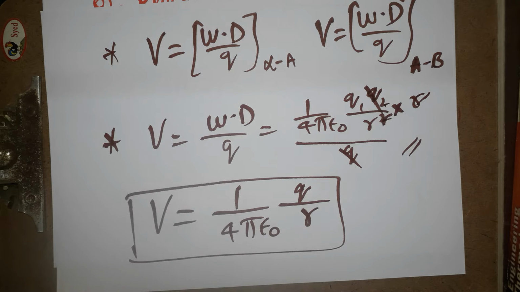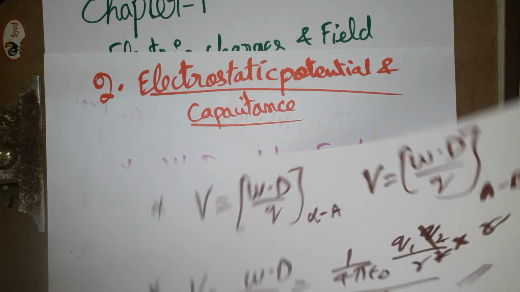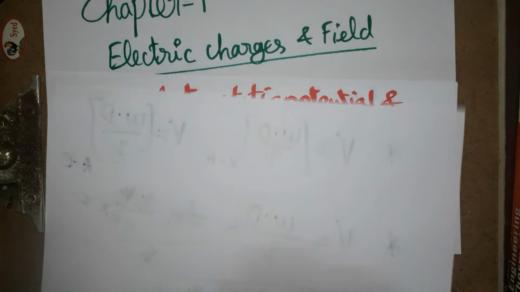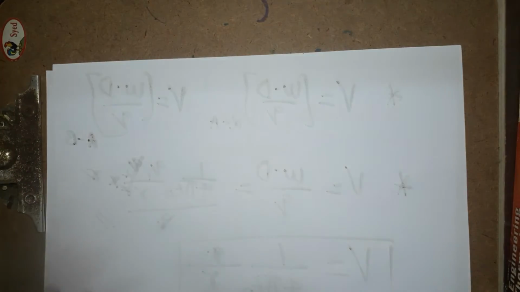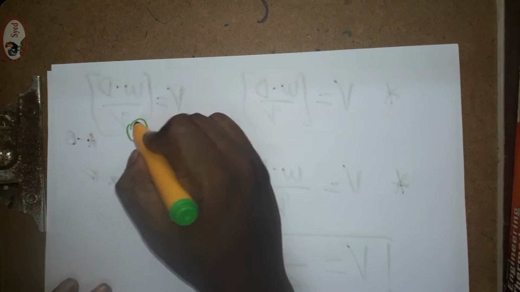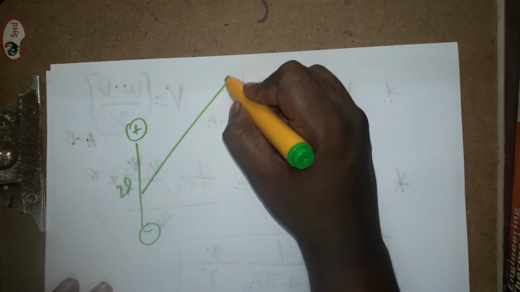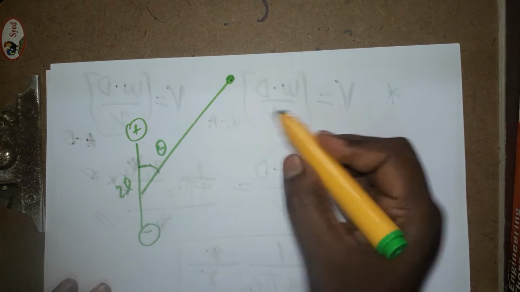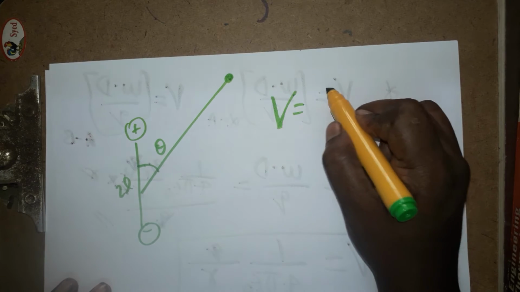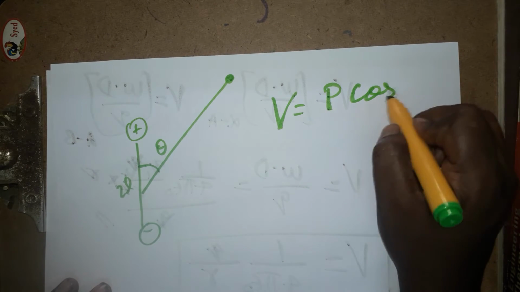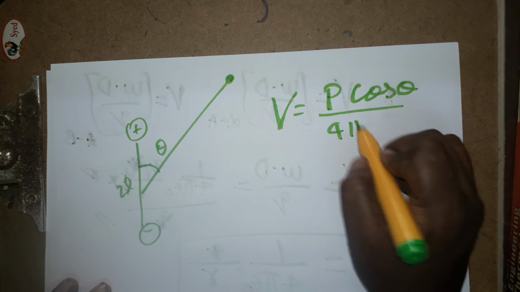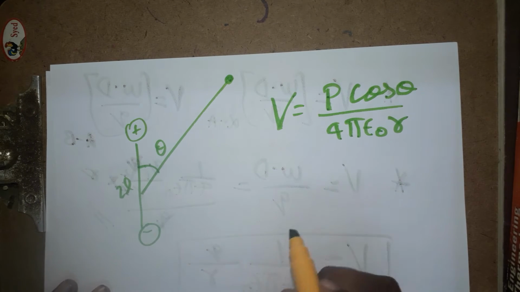Now the next formula, electric potential due to the electric dipole at any point. I have a dipole here. NCERT gives it like this, with length 2l. I kept it here, it is a dipole at a theta angle. Finally I'll get from the derivation V is equal to p cos theta divided by 4 pi epsilon naught r square. It is for any point.